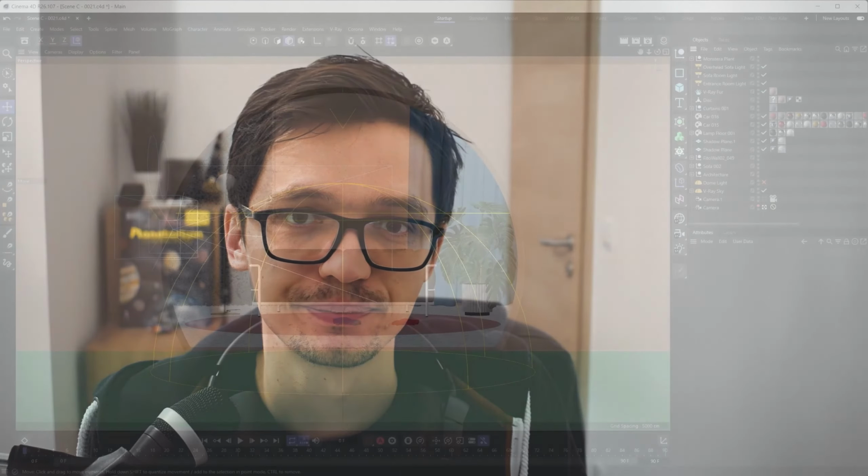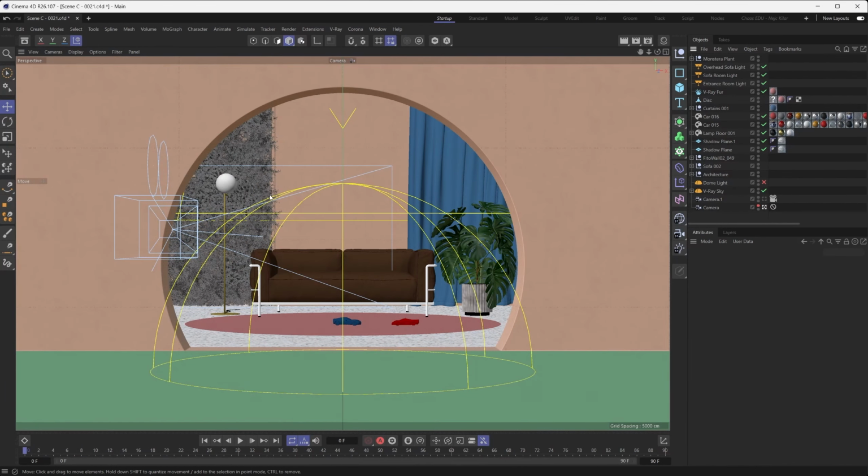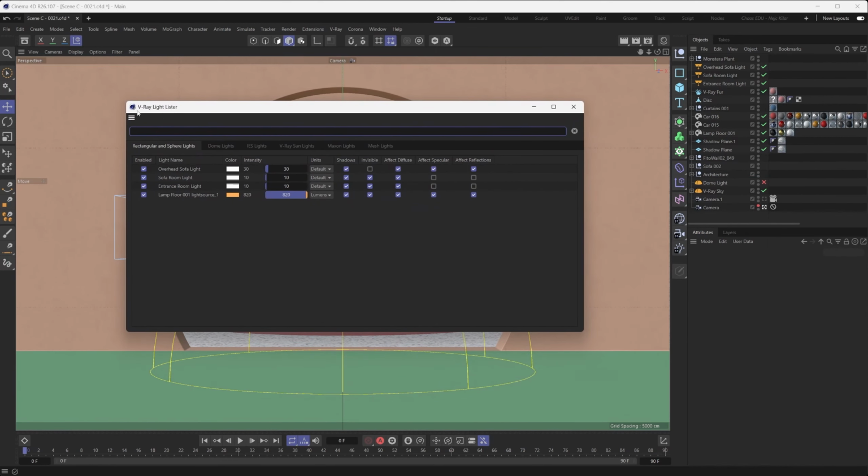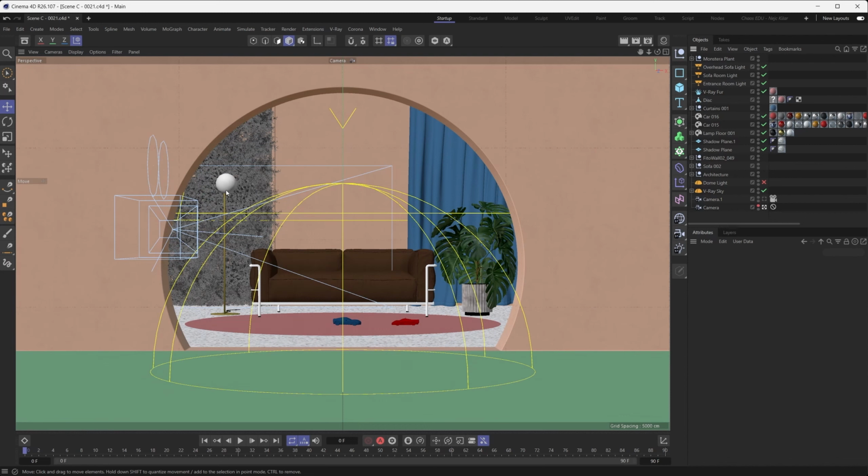light lister. You can access the V-Ray light lister just by going under the V-Ray menu up here, then under tools, and then you just hit the light lister button. And there you go, you have that V-Ray light lister right in front of you. Now, why is the V-Ray light lister so cool and so useful? Well, let's say that we wanted to select and control the lamp floor light source that we